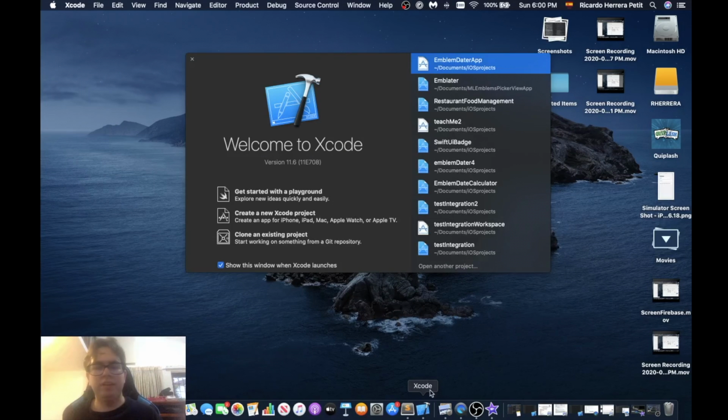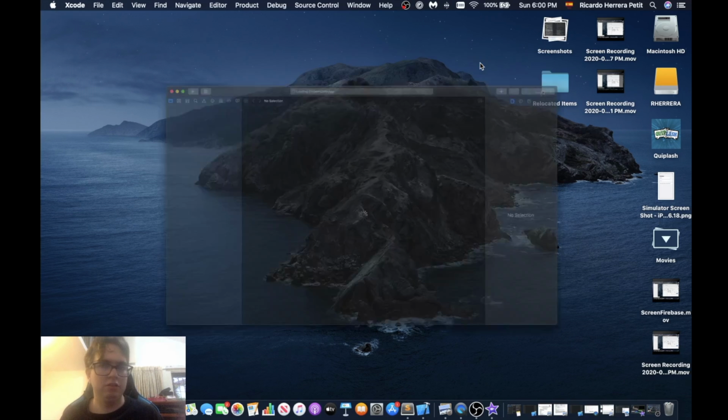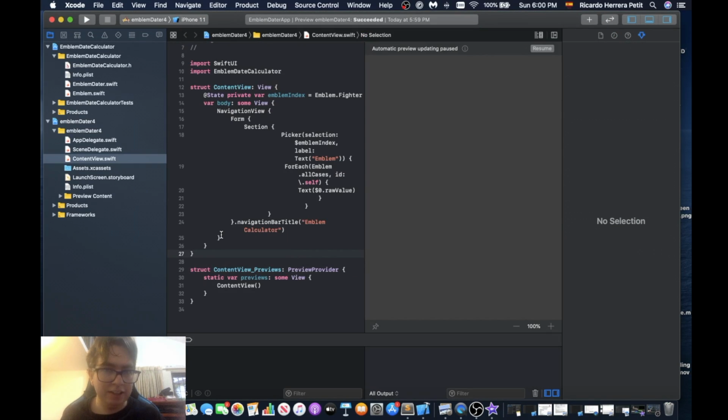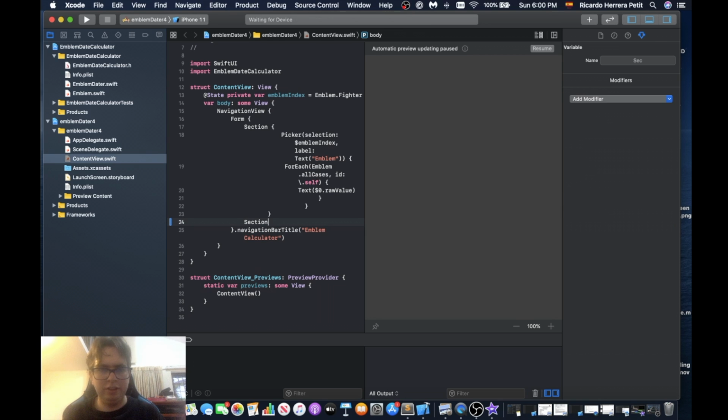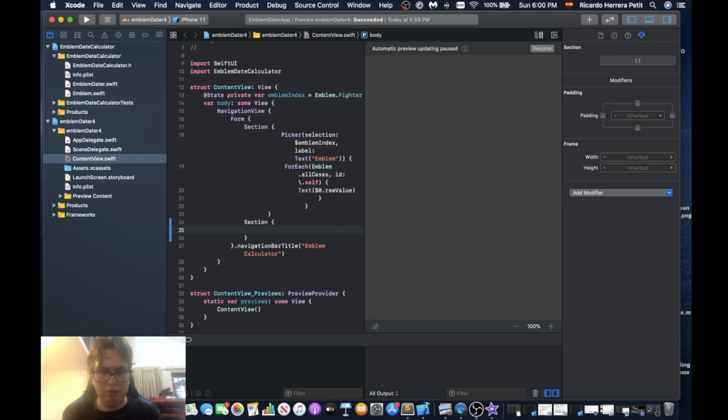So last time we were integrating our framework with our main app, and we created a new workspace. So I'm going to open this new workspace. And then here, what I want to do is create a section just below this other section. I want to create another section, and I want to create a button